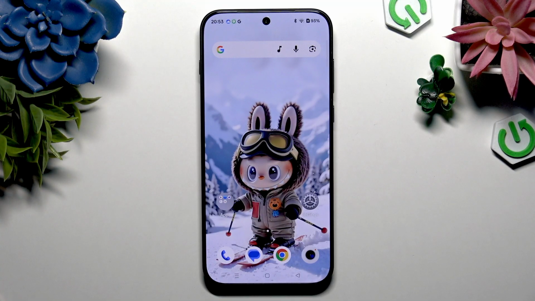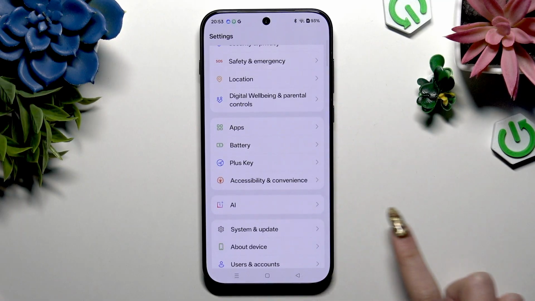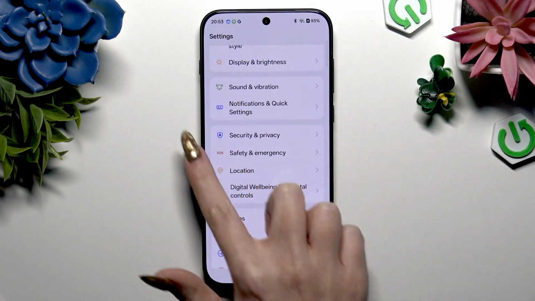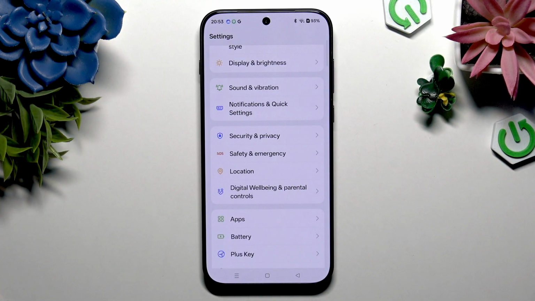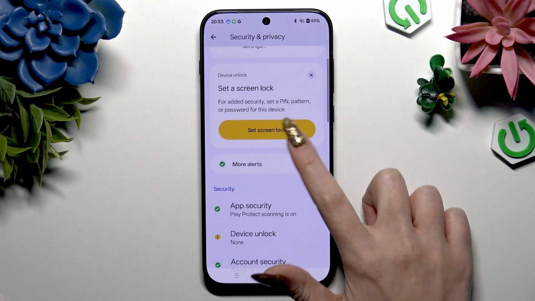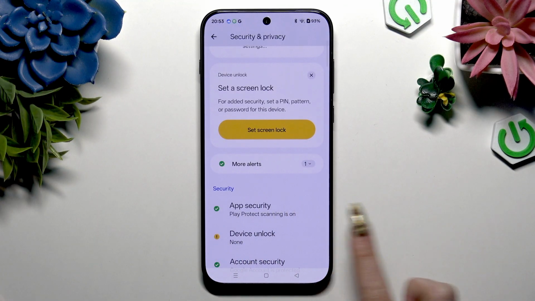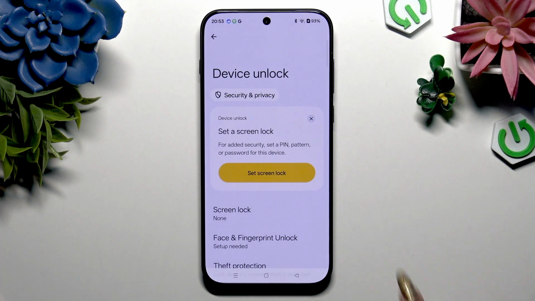First of all, you need to open Device Settings and scroll to click on this section called Security and Privacy. Then scroll again and this time tap on Device Unlock available here. Hit Screen Lock